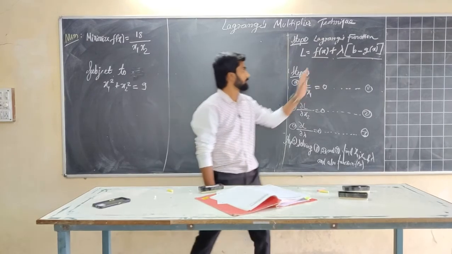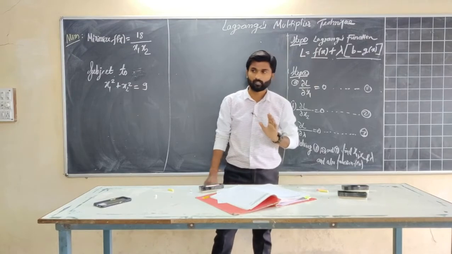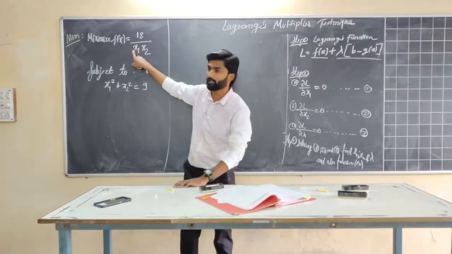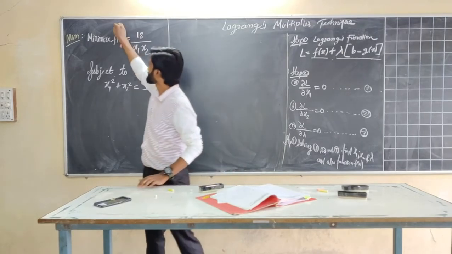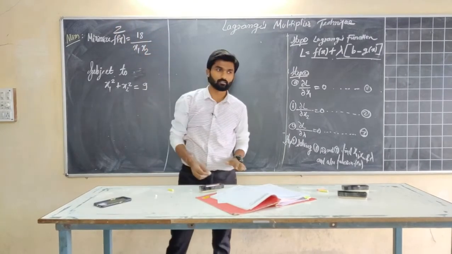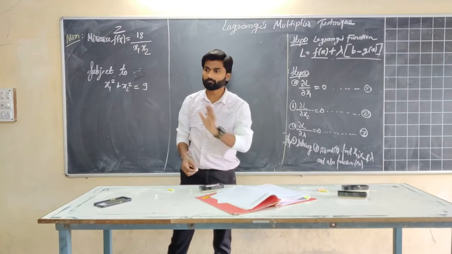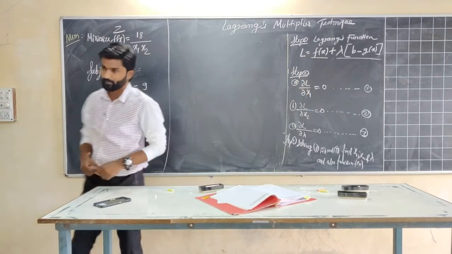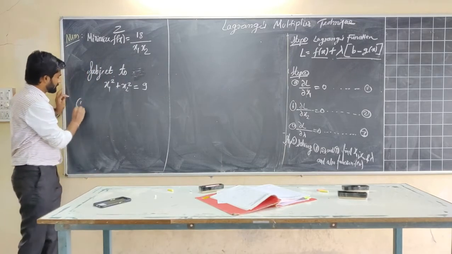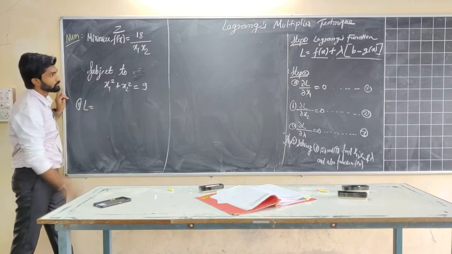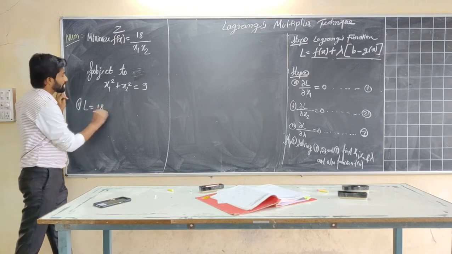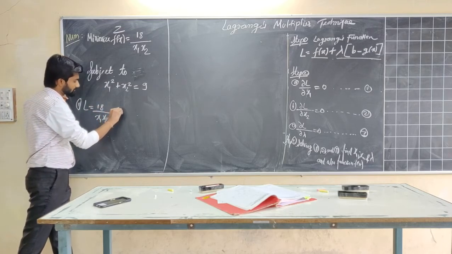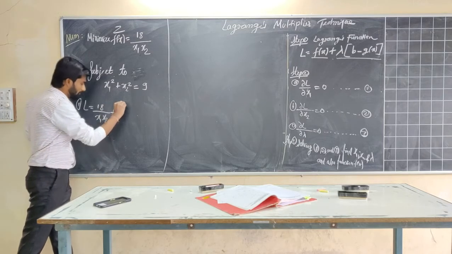Okay. Now f of x, do you know? Is it given in the statement f of x? Yes. F of x is what? 18 divided by x1 x2. Sometimes there will be z, right? Minimize z. Z is what? F of x. So you can go with that, right? So what will be L? Yes, step number 1, please help me out. L will be equal to f of x is 18 by x1 x2 plus this is the Lagrange's constant bracket.